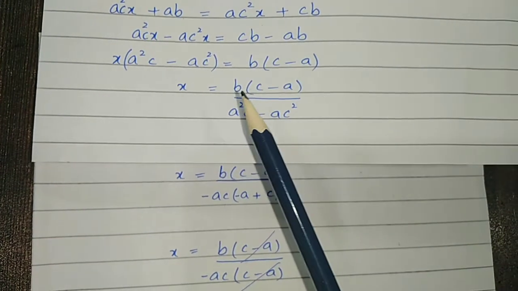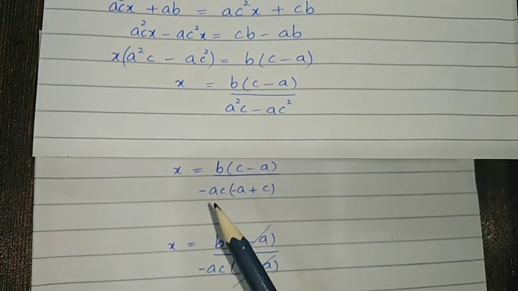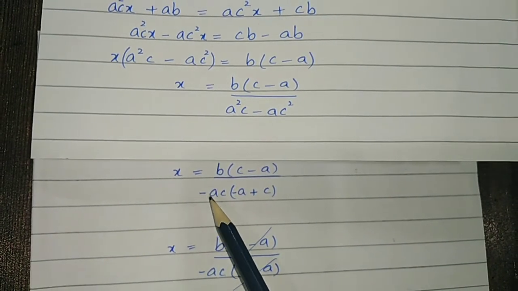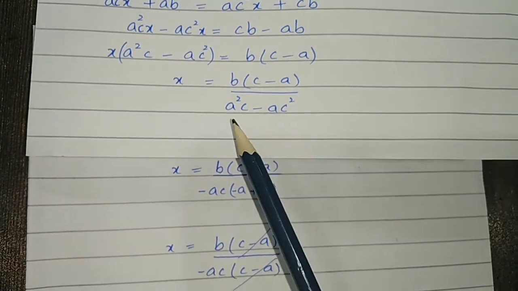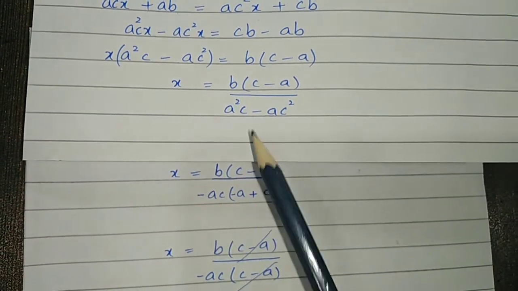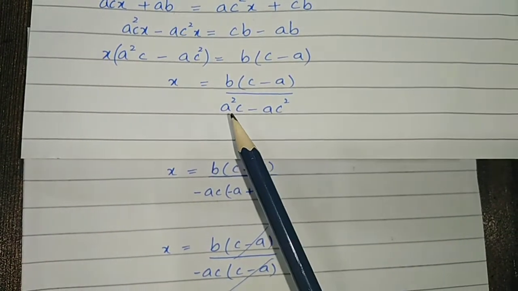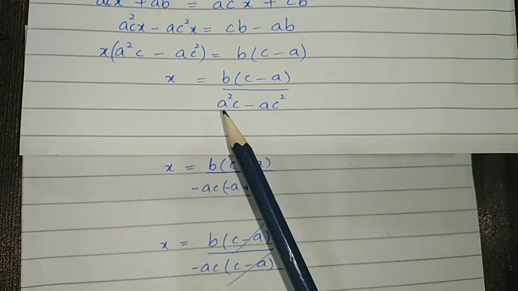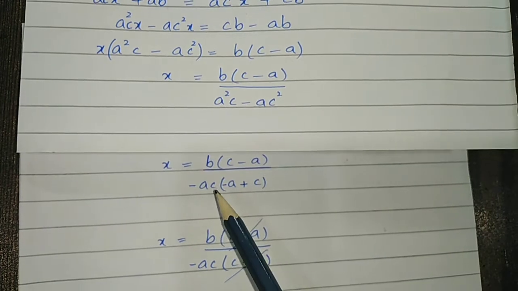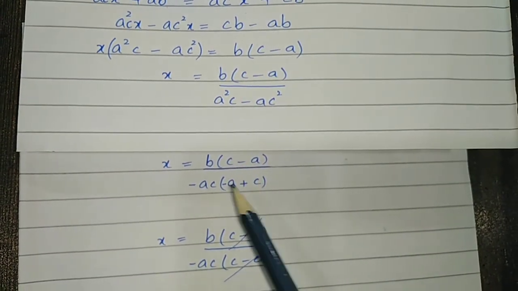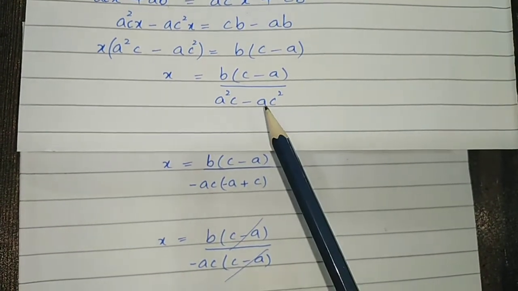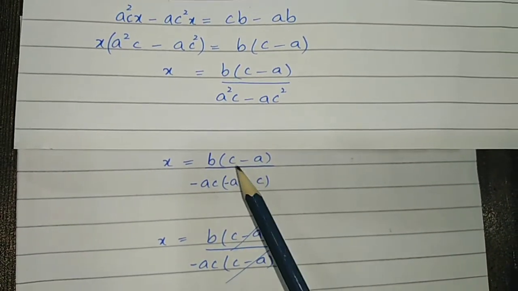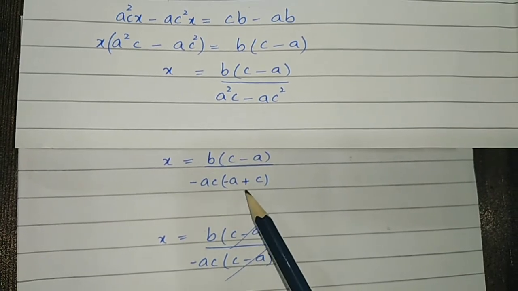Now x is equal to b times (c minus a) over, you have to take minus ac as common. I will tell you the reason after this. Minus ac into, when you take minus ac as common, the signs of the two terms will be changed, so it will become negative. And a is common, so 1a will remain in the bracket, and c is a common term. Minus will become positive because minus is common. So ac is common and the 1c will be on the right hand. So x is equal to b times (c minus a) over minus ac into (minus a plus c).